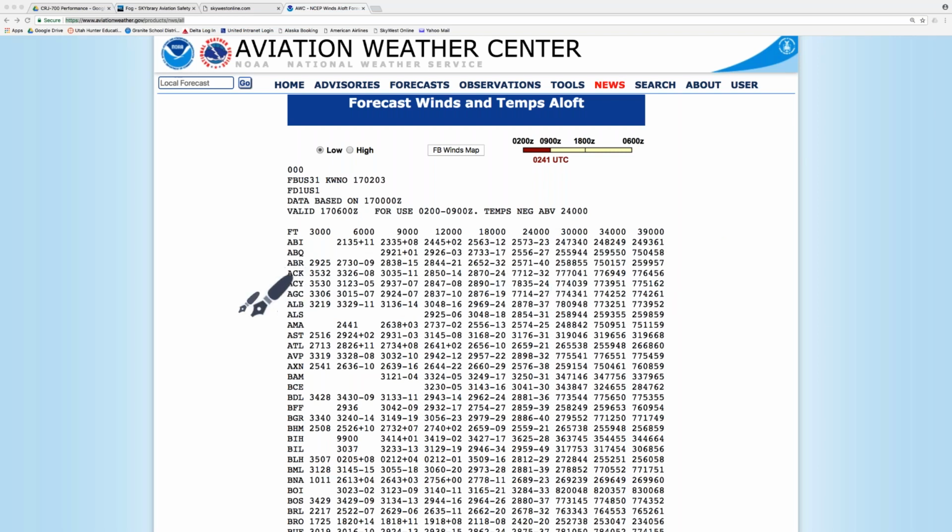So let's go to 39,000 feet here. This is what we're going for. We are at 39,000 feet when crossing over this VOR, ALS. I don't know what VOR that is, but we'll roll with it. What is ISA at 39,000 feet? What is our standard temperature at 39,000 feet?